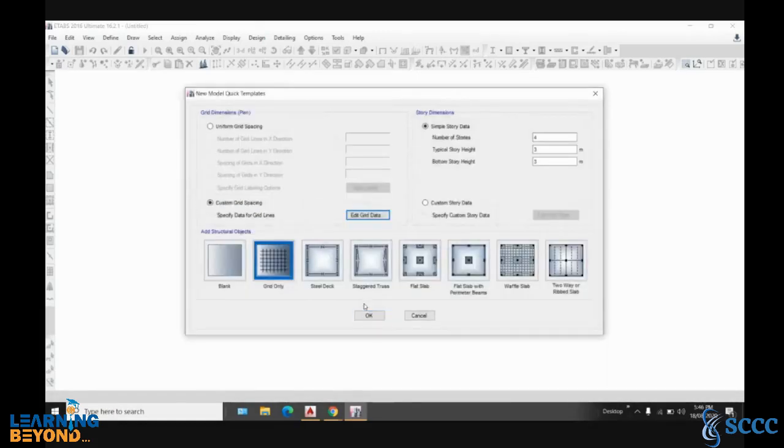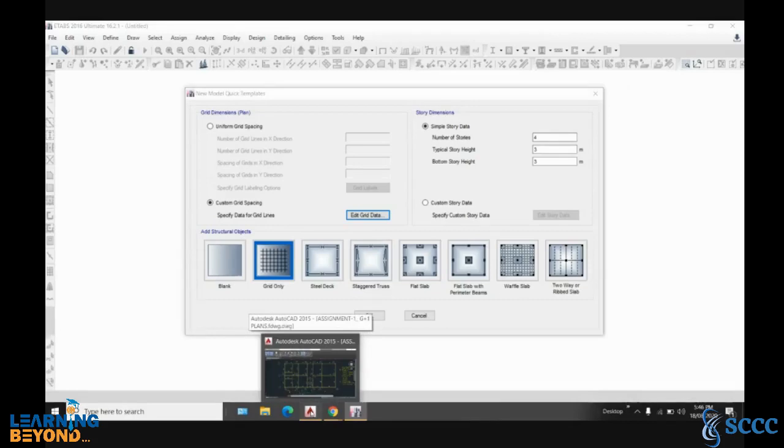Click OK, and now you will have to go for your number of stories.